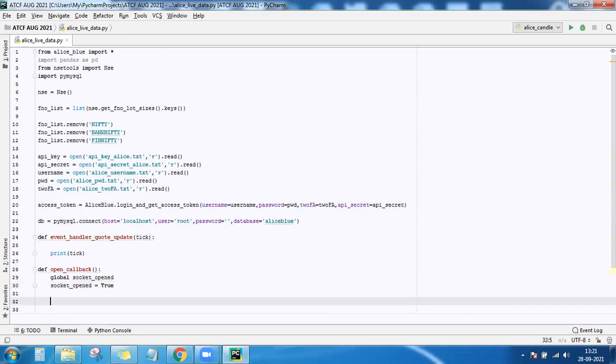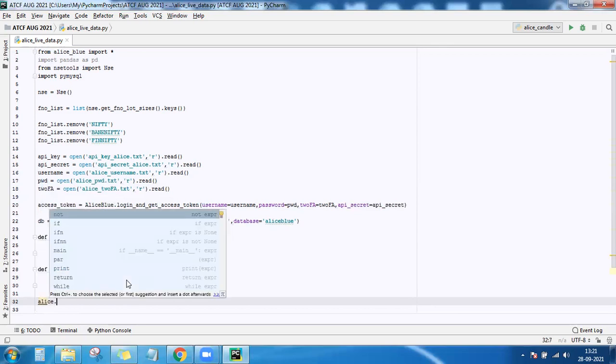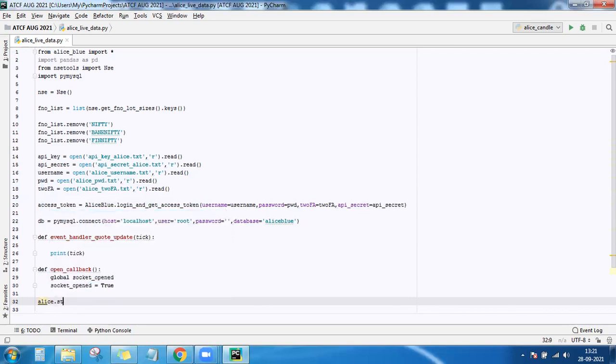So you are just telling it that whenever there is a disconnection or any error, it will refer to this. Is the socket still open? Yes, it is open. So when it is open, now start the WebSocket. So Ally's dot start.